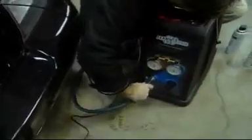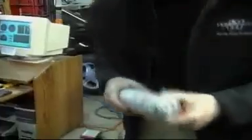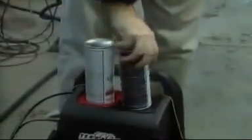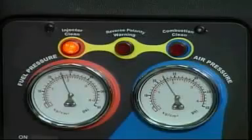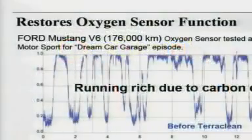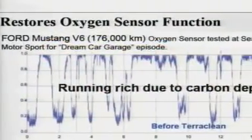The actual results after the TerraClean process on the Mustang were we picked up 8 horsepower and 7 foot-pounds of torque, and that was immediately after the process. On the Marauder, we picked up 9 horsepower and picked up 8 foot-pounds of torque. Again, this is immediate. Now, if we take a look at some of these graphs that have been generated by our data team,